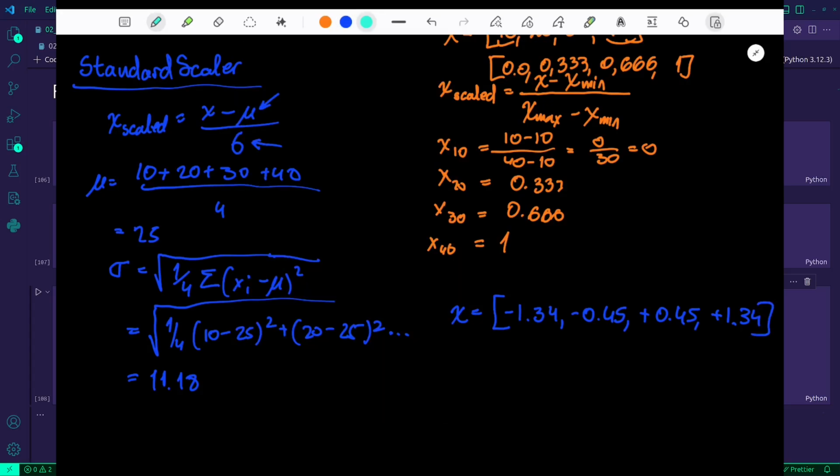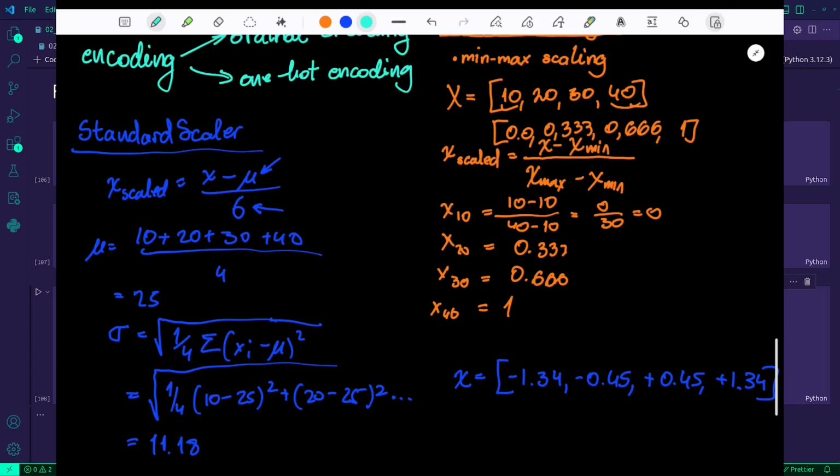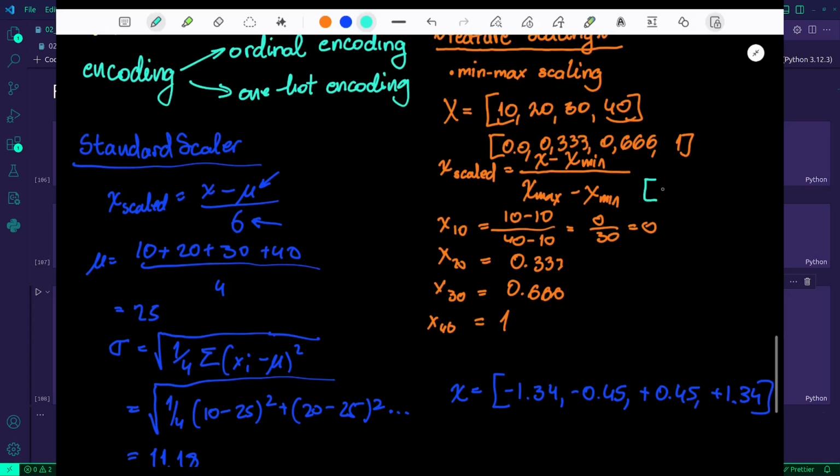Now, both of them are rescaling. The min-max scaler will rescale to a fixed range, whatever we define, but mostly minus 1 to 1 or 0 to 1. It's really sensitive to outliers, because if we scale to 0 to 1, we can have values mostly leaning on the 1 or the 0.